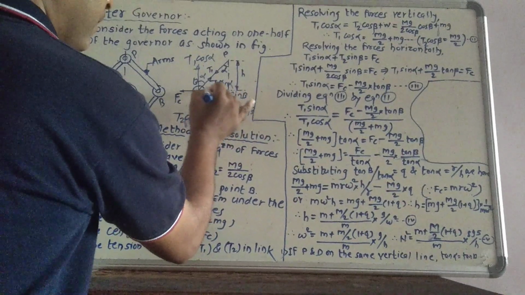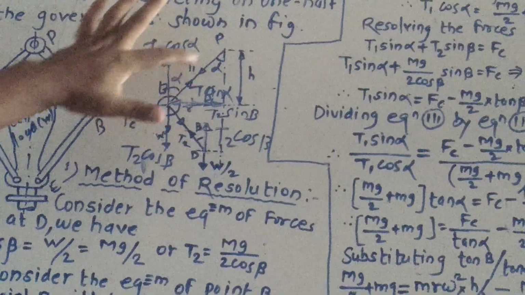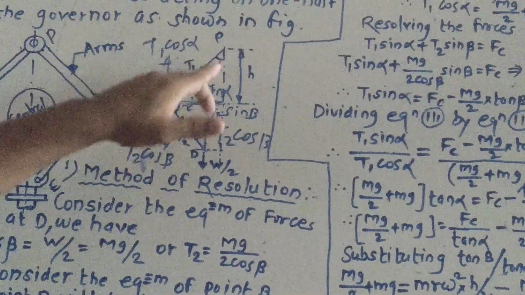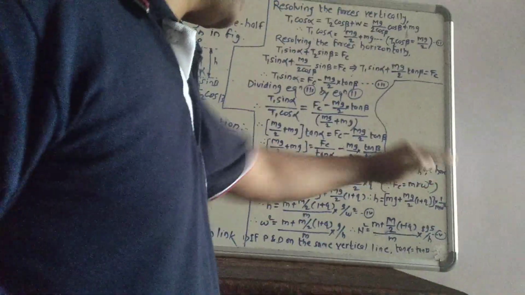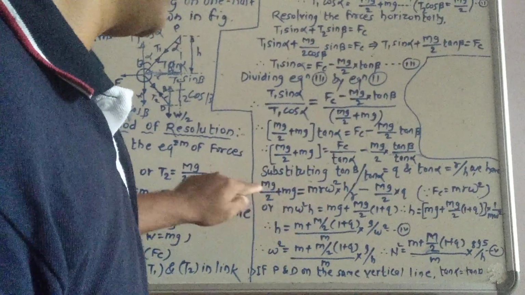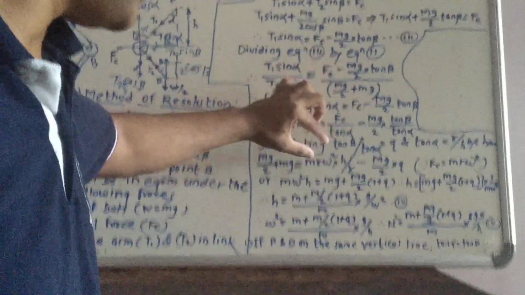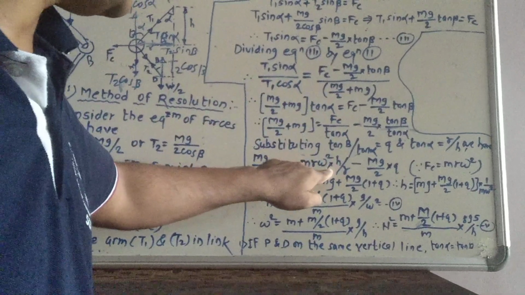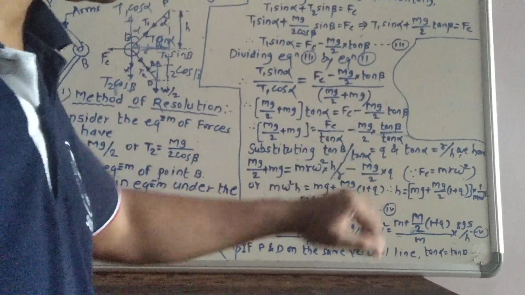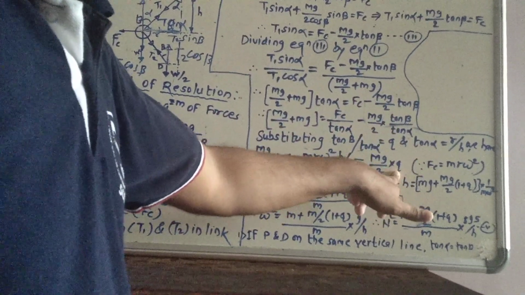If you look towards here, R is nothing but the radius of rotation and H is here. So on focusing this geometry, we can get tan of alpha is nothing but R divided by H. So we have, just substitute the value of tan of alpha here, Fc here, and for this one replace by Q. Okay, so mg by 2 plus mg equals to, just replace this Fc by m r omega square multiplied by this H divided by R will come for this one tan of alpha. So minus this term will remain as it is, and for this one Q will come here.